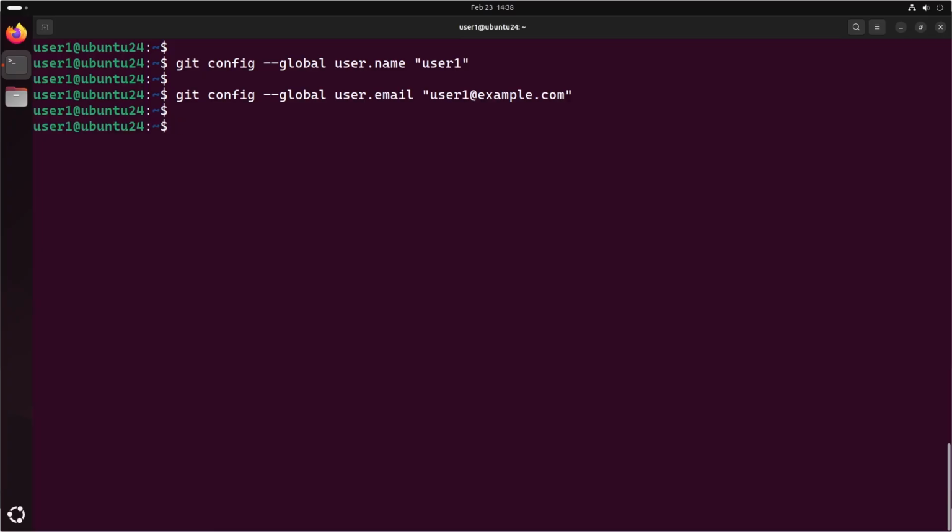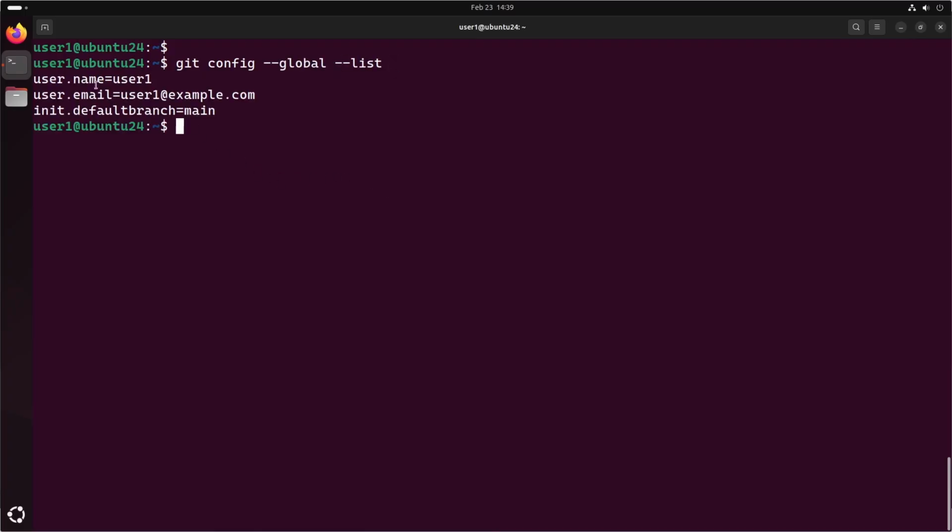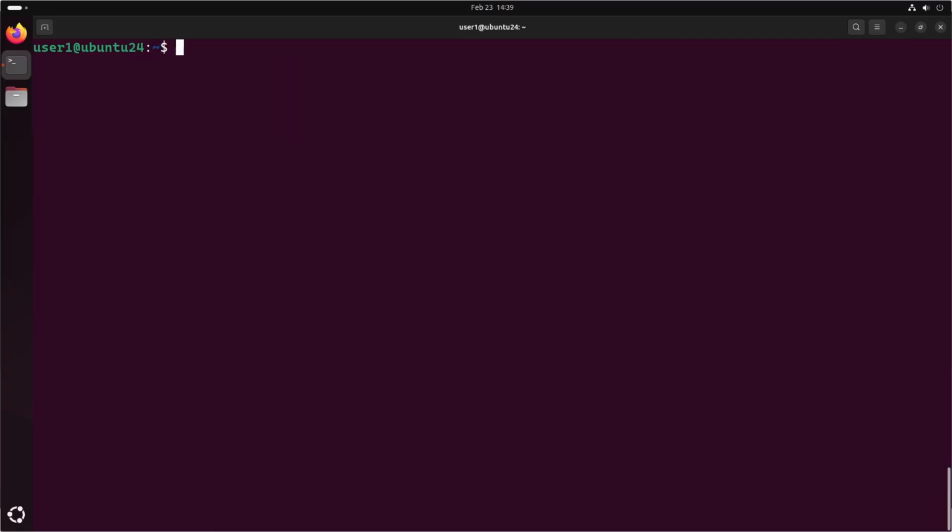And then we also need to configure the default branch name, and we have to set it to main. So we will run the command git config --global init.defaultBranch, and we will set it to main. And now we will again check the configuration. So now we have our username, email and the default branch name,